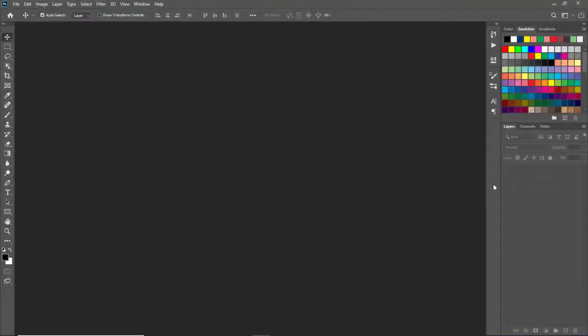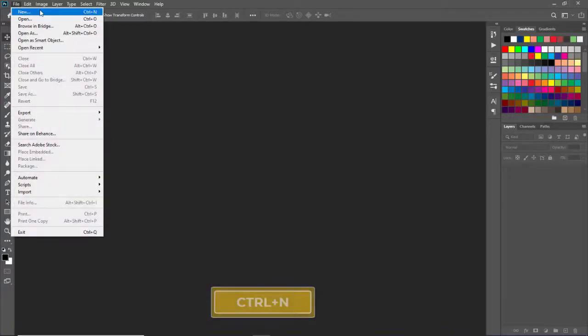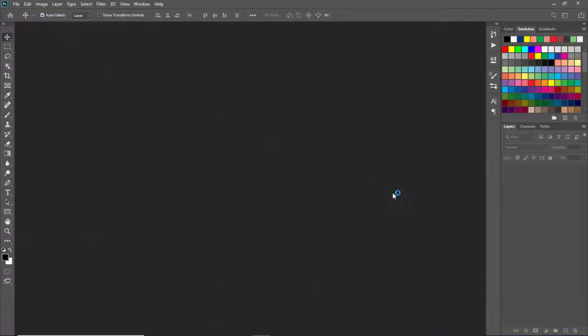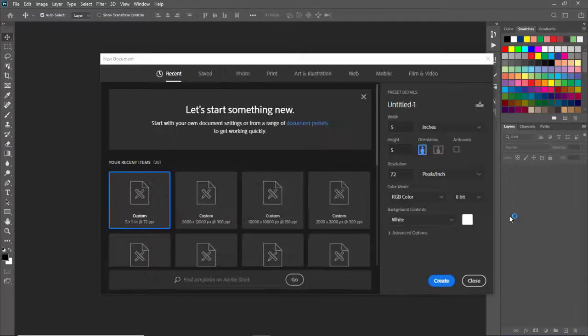First of all, we will create a new document window, and for that go to File menu and select New. A new document dialog box will appear.